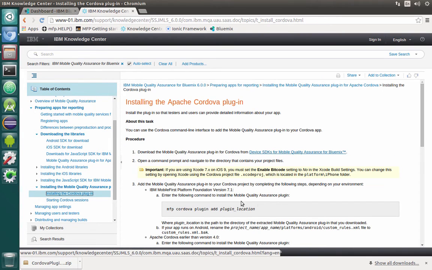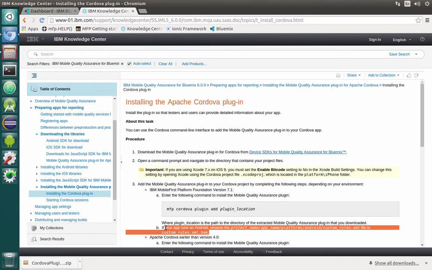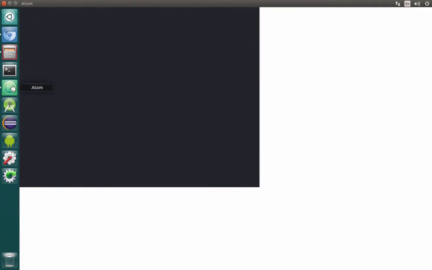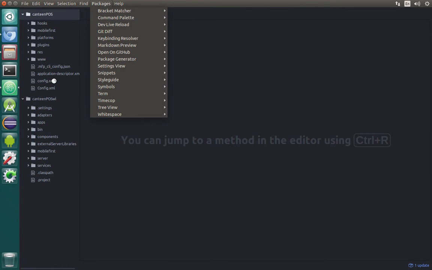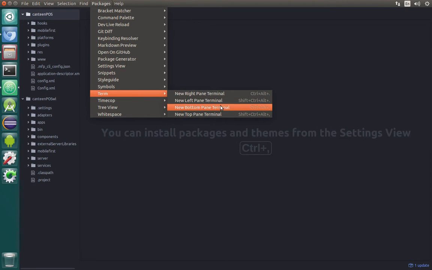For us, it's pretty simple. We just need to type mfp cordova plugin add and specify the plugin location, and it will be installed. And the second thing, which is really important, we need to change this custom rules XML to something like custom rules XML bug. Otherwise, the MQA session won't be able to establish. So I will open the studio, text editor that we are using for this project, and open terminal in bottom pane